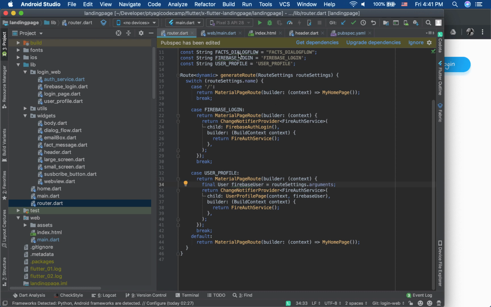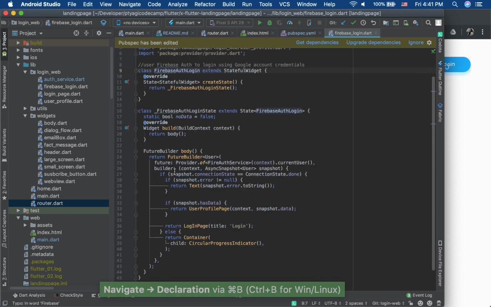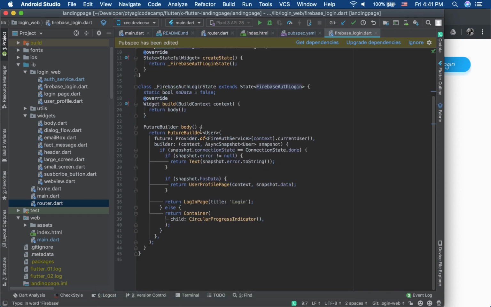Okay, so let's go back to our login page. So I click here, I click on login page, and I got rerouted to my Firebase login. And once I'm here, what happens? I write here in the body, it gets the current user from my provider, from my fire auth service, and then it checks if the connection, if the data from Firebase is done or not, and if it has data in it or not. So if the data is found,